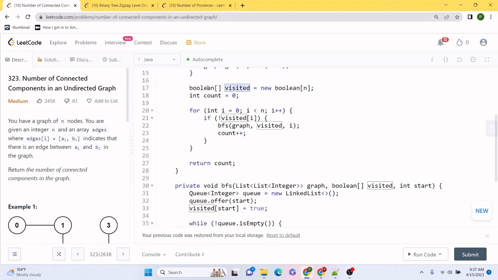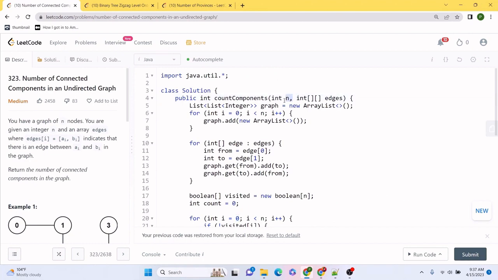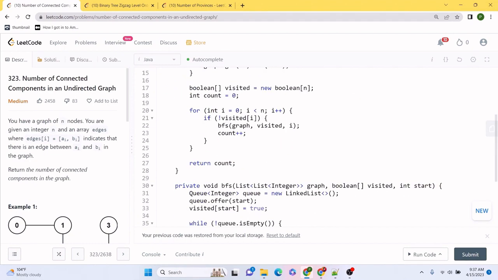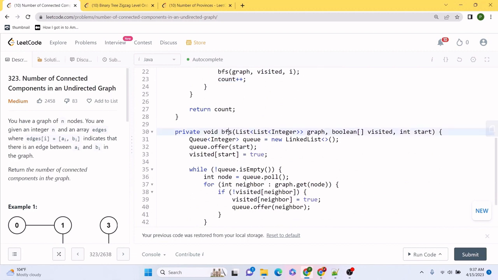After that, we are going to have our Boolean array called visited, and we are also going to have a value called count that initially we are going to set as 0. We are going to run our for loop starting from value 0 to the total number n that is given in the input. And then inside the for loop, first thing we are going to check is whether the current ith position is not visited. If so, we are going to call our BFS function, and at the same time we are going to note it as a new connected component found, and we are going to increment the count.